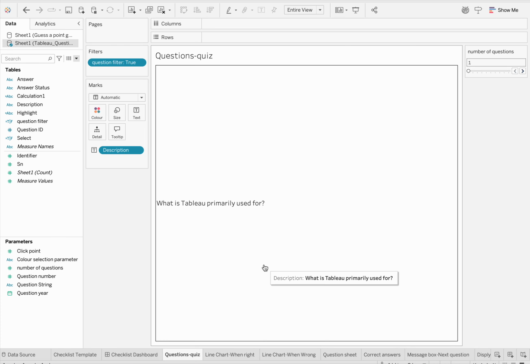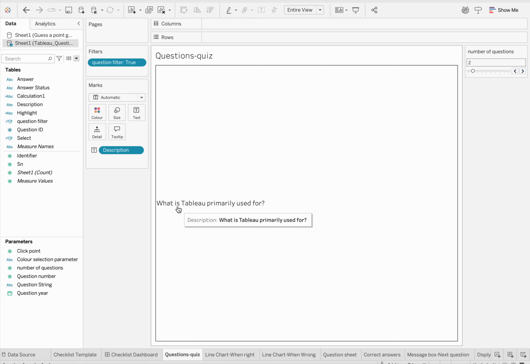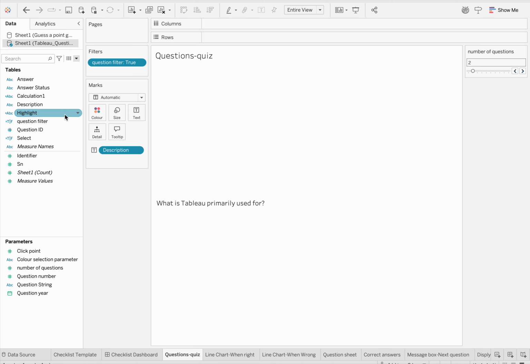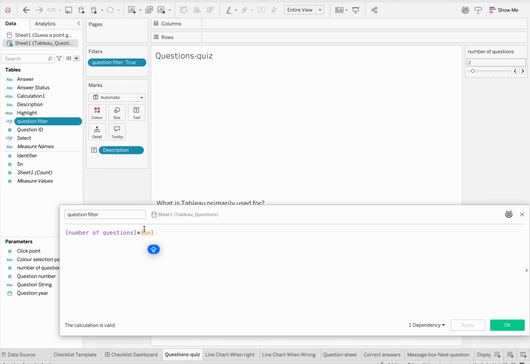All right, welcome back. So to solve this problem of duplication, you can see that I've created this parameter, and once I click on it, it's on question 2 and it's still repeating the question. So how do we solve this problem? So what I would do is to edit that calculated filter and or calculated field, and I will change this